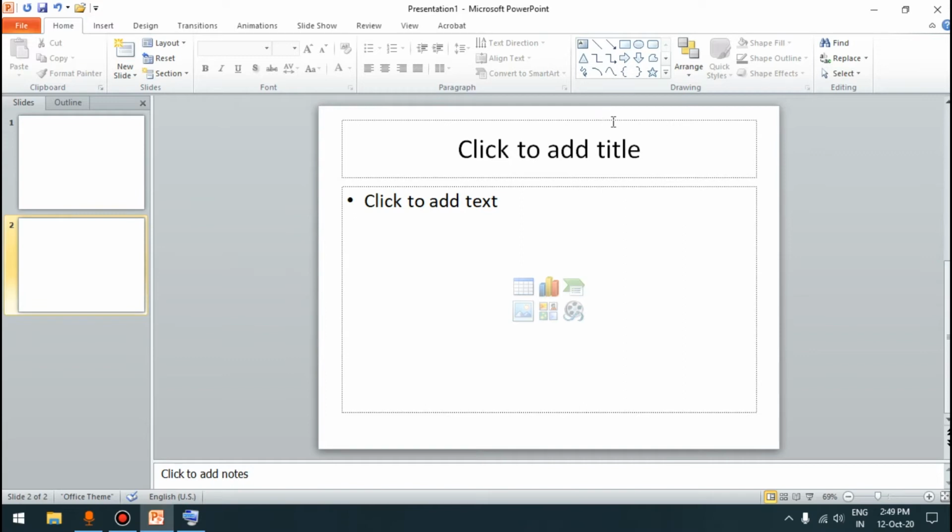And you can see the new slide which we have inserted has a different layout. You can see the position of these placeholders or text boxes is different, and the layout of this slide is title and content. You can see the first text box says click to add title. Here we can add title in this text box, and the second text box says click to add text. In this text box we can add other content like text, pictures, table, chart, audio, video, etc. How to add it we will learn later on.